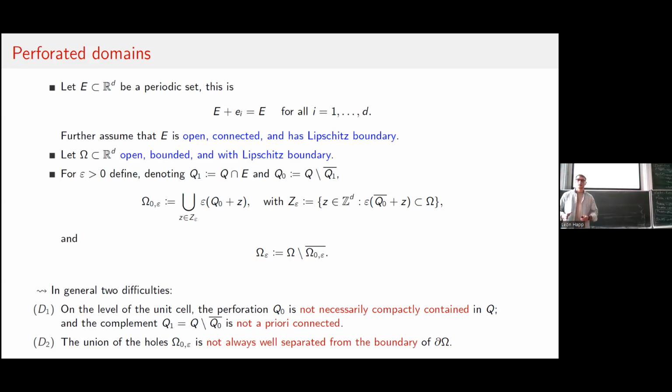Because if you would go ahead kind of naively and just define a perforated set as the intersection of this omega with this periodic set E, right? You could also think about this as not taking away the holes at the boundary. Then you could run into problems with extending functions because